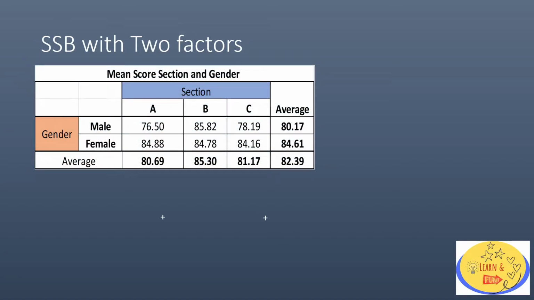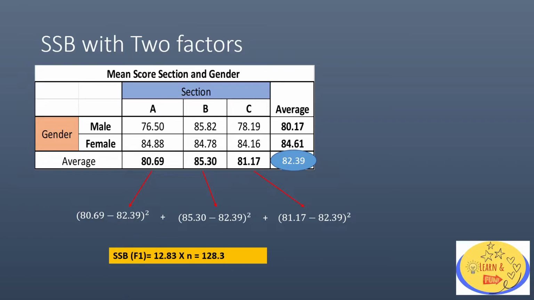We can get sum of square between with factor 1 first and then factor 2. For 1, what you need to do is take the deviations from the grand mean. So the first number is 80.69. That minus the grand mean, which is 82.39, and then square it. The second one is again the same, and the third one is also the same. Once you add this, you get sum of square between for factor 1, and that value is 12.83, and